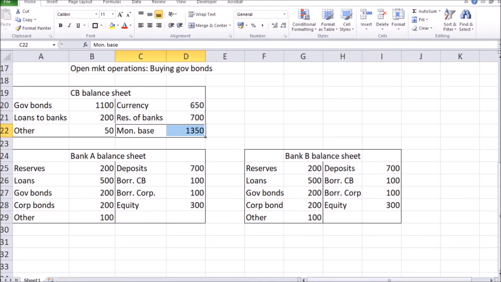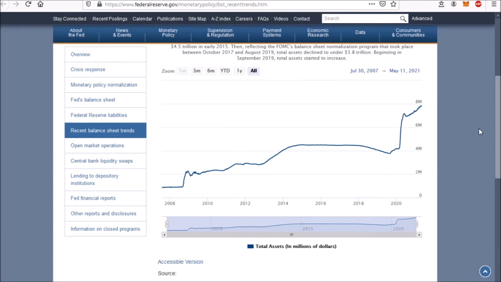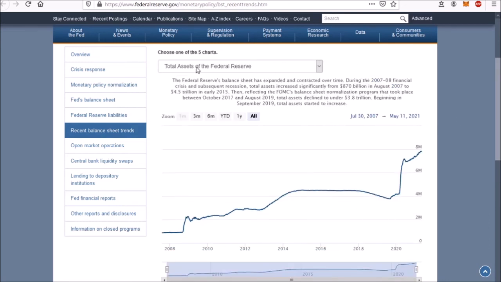But what do you know? If you actually look at what central banks have been doing recently, this is the Fed, the central bank basically in the US. You'll notice that over the last year or so, the size of the balance sheet of the Fed, of the central bank, has basically nearly doubled. As you see over here, this is the chart for the total assets of the Federal Reserve, increasing from 4 million, and that's in millions, so that's increasing from 4 million millions which is 4 trillion, if I'm not mistaken, up to nearly 8 trillion. So that's nearly double the amount of monetary base. What do you think that is going to do to the economy over the next few years? Let me know in the comments below.